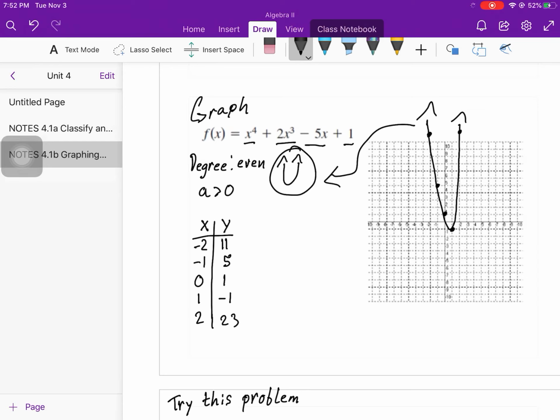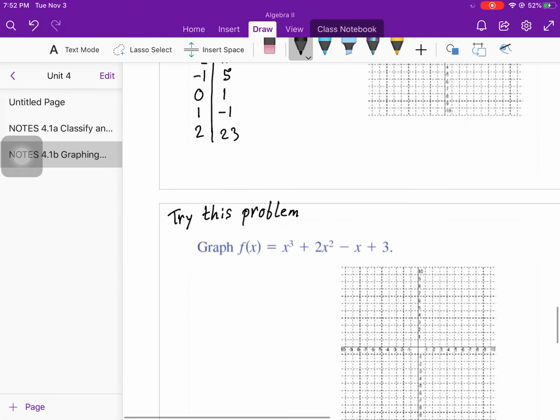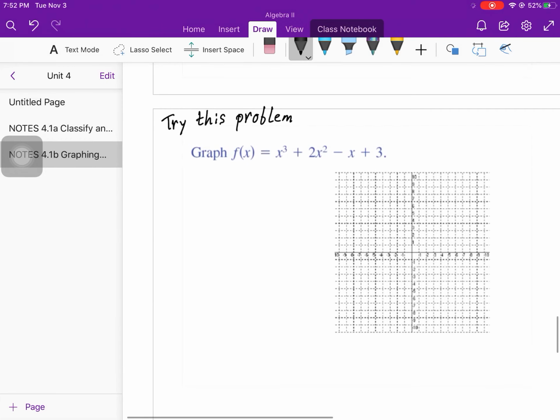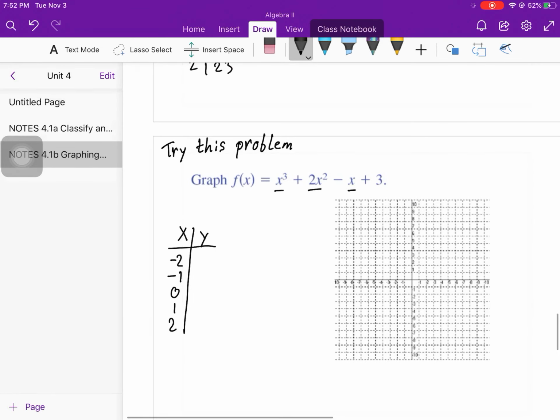Now it goes up drastically. Now it's not a perfect comparison with this, but it does match the end behavior. Both of our tails are going up. So that's what that should have looked like. That's my bad. Okay, and that's all that we have to do for the graphing. So you're going to do the same thing down here. Find your end behavior first, then make your table, x and y. You know, we got to use -2, -1, 0, 1, and 2. Plug those in for x in all of these, and then you're going to get your